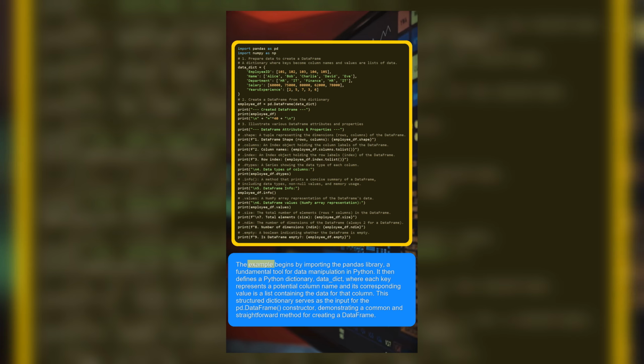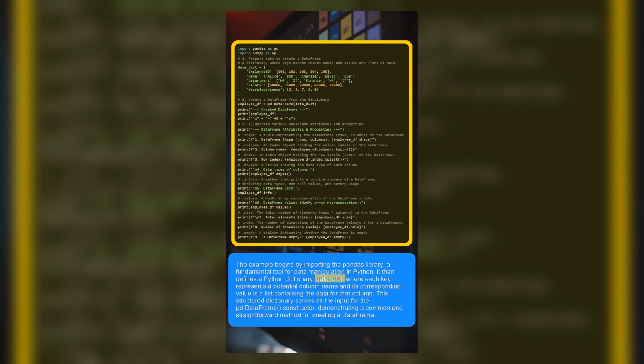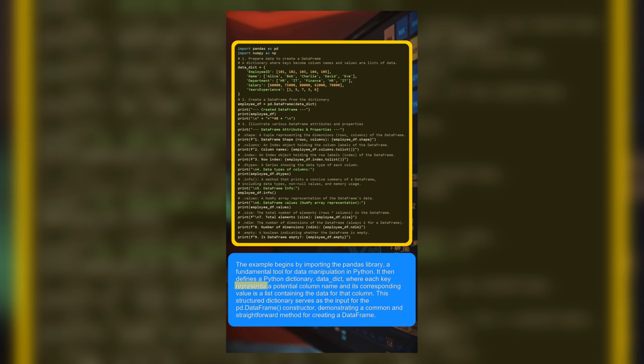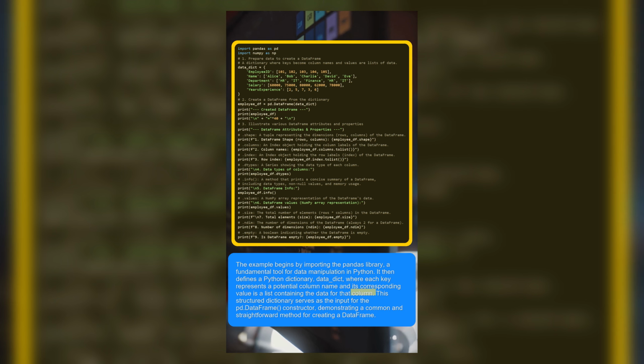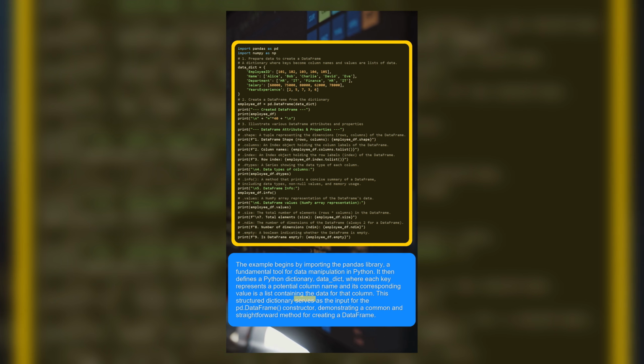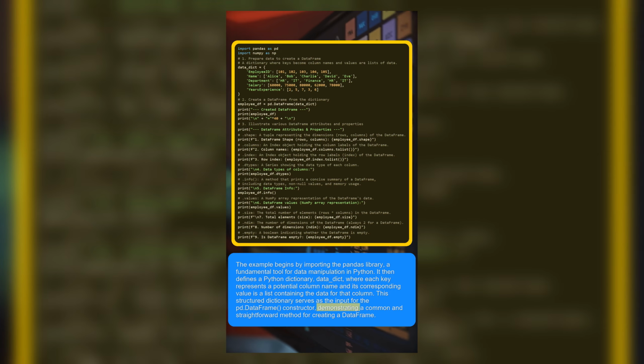The example begins by importing the pandas library, a fundamental tool for data manipulation in Python. It then defines a Python dictionary, data_dict, where each key represents a potential column name and its corresponding value is a list containing the data for that column. This structured dictionary serves as the input for the pd.DataFrame constructor, demonstrating a common and straightforward method for